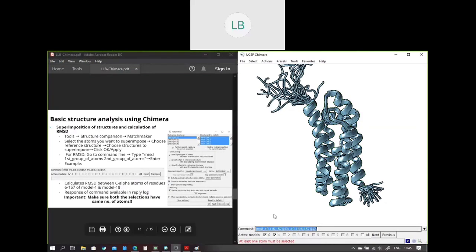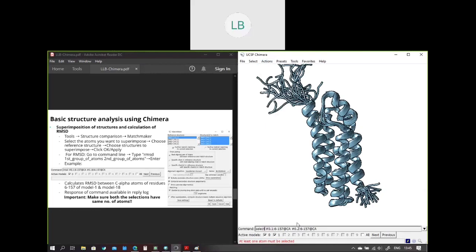We use this particular type of selection where we give rmsd number 1 to number 0, residues 126 to 157. Now there must be some sort of mistake with the selection language, which is why it's giving an error.